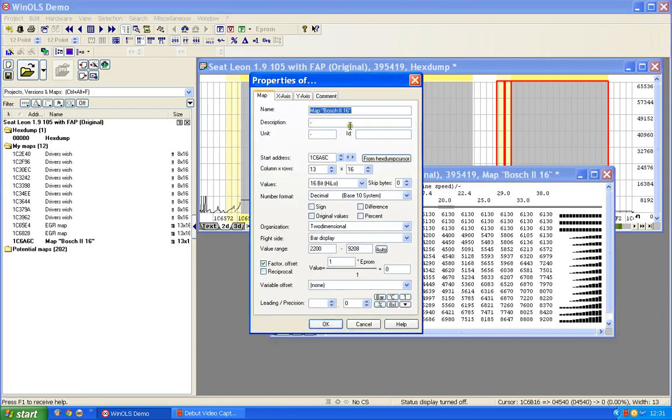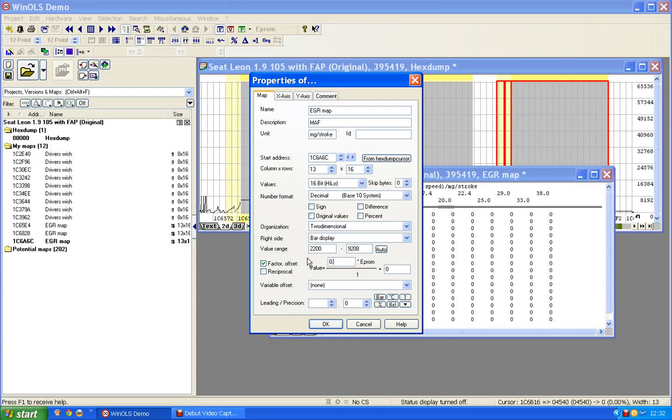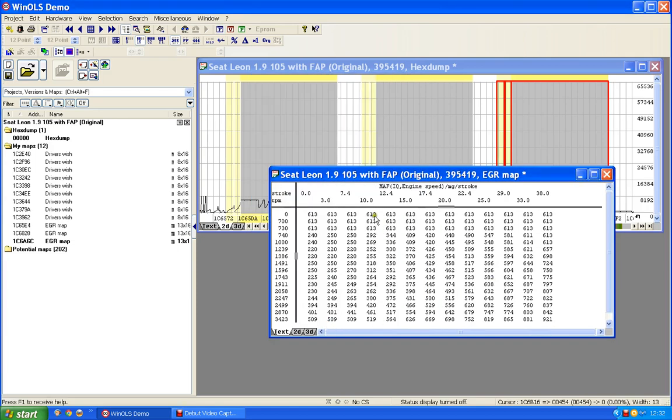And then this one, well, we decided that was going to be the EGR map. I think this is mass flow. I'm guessing it's milligrams per stroke, and I want 0.1 to make the figures look reasonably sensible, and that seems